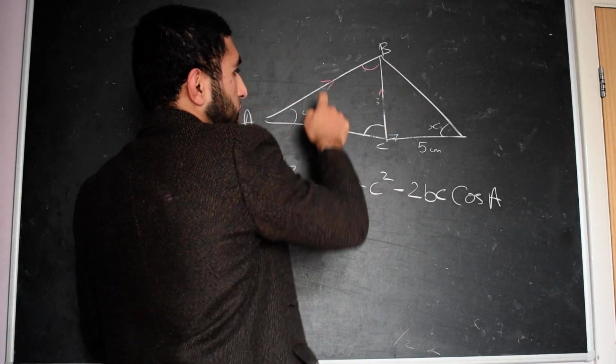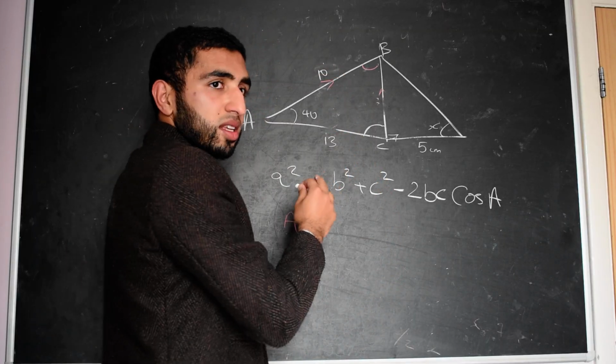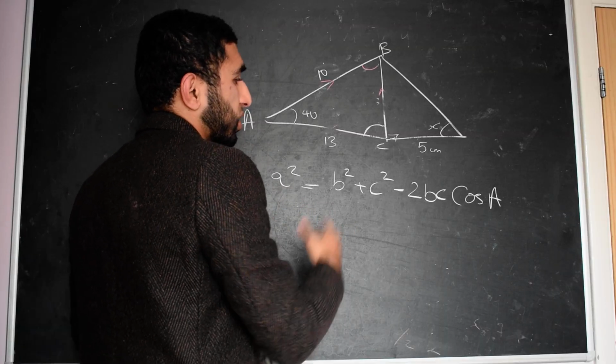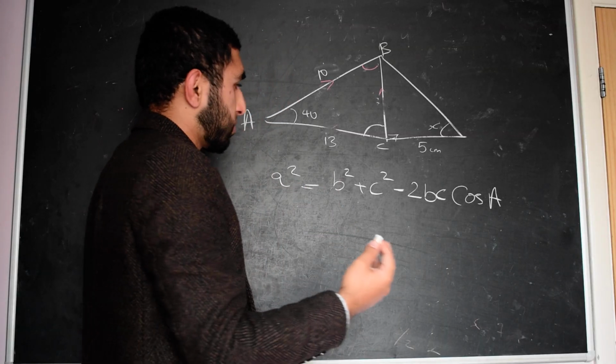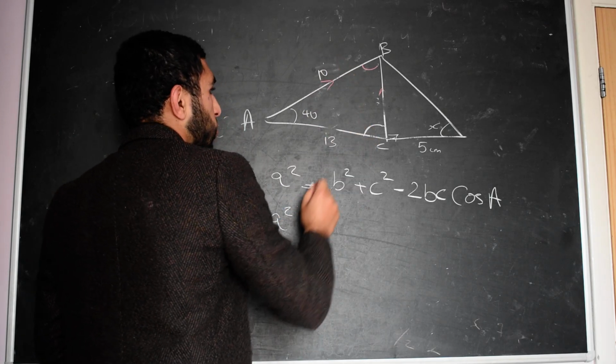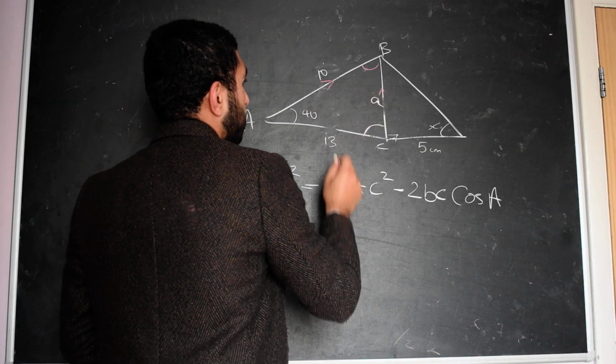And remind me, which one were these originally? This was 10 and that was 13? Yes? Yeah. Okay, so now that means these are B and C. Doesn't matter which one I call B, which one I call C. So I can call this B, that C. So A squared, which is this side here opposite this angle, is equal to B squared plus C squared